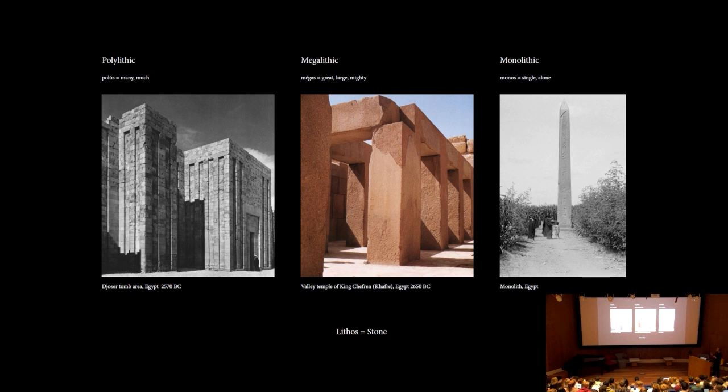So basically, lithic comes from lithos. It's ancient Greek for stone. And maybe the one you're most familiar with is the monolithic. That comes from monos, which is single, alone. So it refers to something which has a certain singularity. The megalithic is typical with Stonehenge. You have a structure which is sort of big blocks, and the one in the middle is used also as a column, but also as a beam. And the polylithic will literally be buildings made of